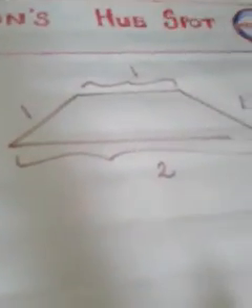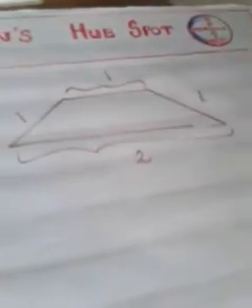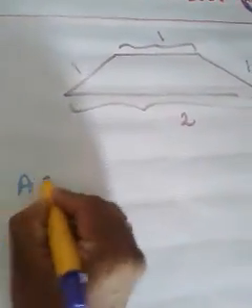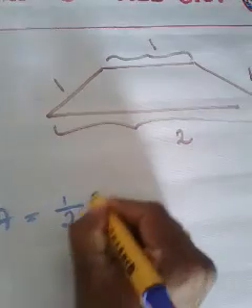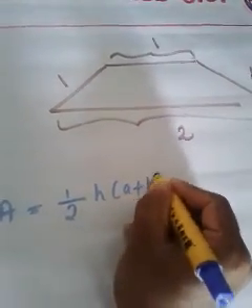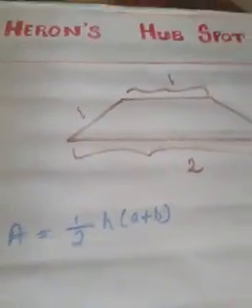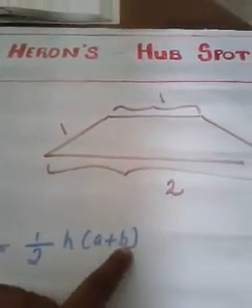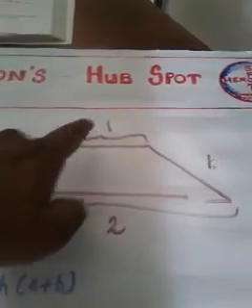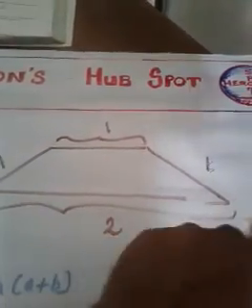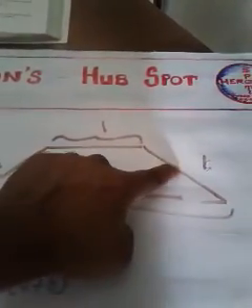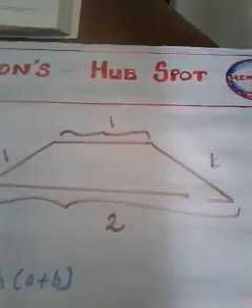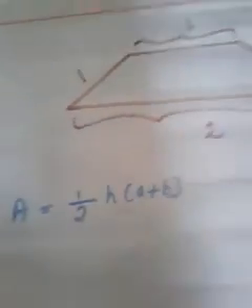So this is the tail portion, and as we know, this is a trapezium. How to calculate the area of a trapezium? The area of a trapezium formula is half into h into a plus b. Here a and b are nothing but the lengths of the parallel sides. Which are the parallel sides here? This side and this side are parallel. These two sides are non-parallel, and these two sides are the parallel sides. So instead of a you can write 1, and instead of b you can write 2. So a and b are already given.